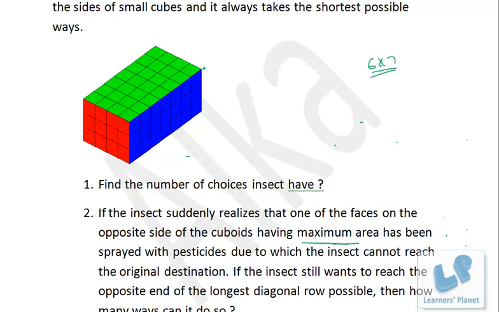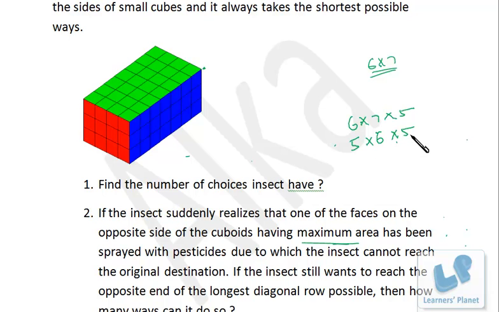And the dimension of this cuboid is 6 by 7 by 5. Now we have to reduce the dimension to find out once again the longest diagonal which is possible. So what we'll do? We'll reduce this one step, we'll reduce this one step, and this will remain the same because there is no problem with height. It can be the same.